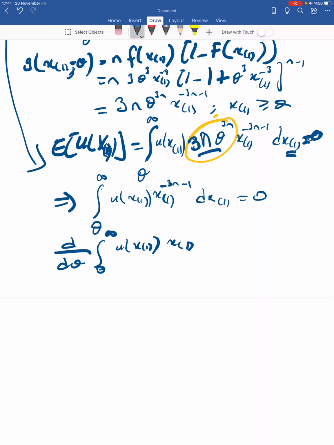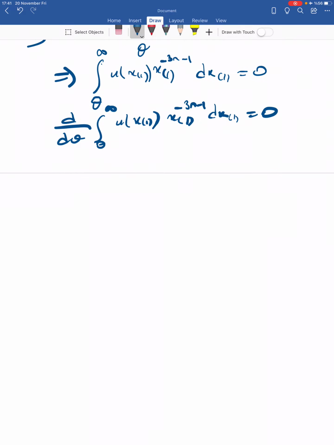And basically we want to show that the u(x) function itself is 0. So by taking the derivative of the integral, we can get that. Okay, so to be able to do that, we are using Leibniz rule. So what was that? Then we are putting infinity, taking the derivative of the infinity, so the first part is 0. So minus, put theta for the x terms, theta to the minus 3n minus 1, and then take the derivative of theta, which is just 1, plus